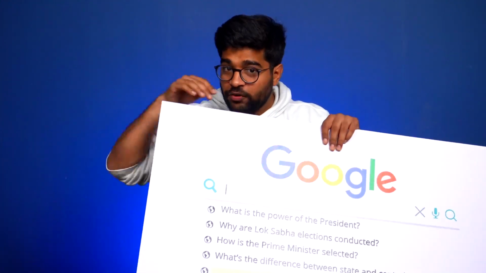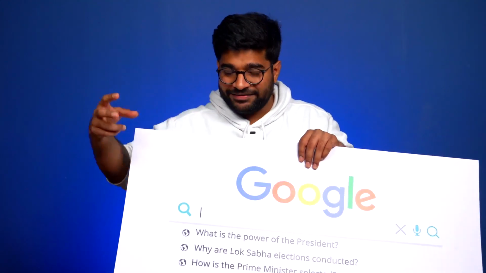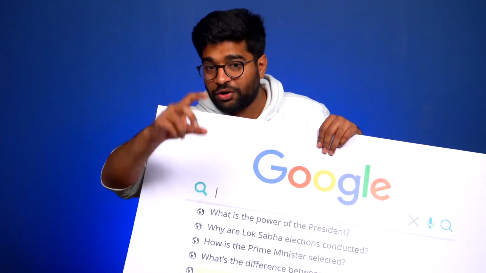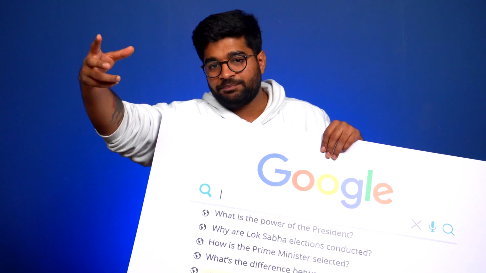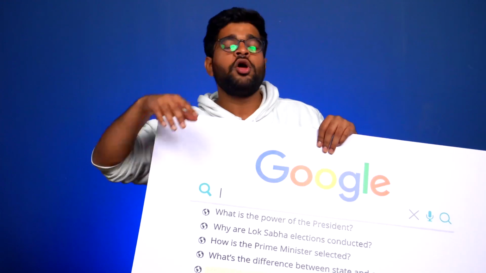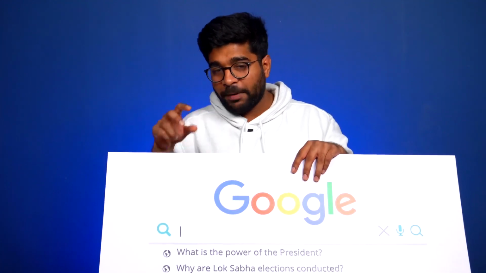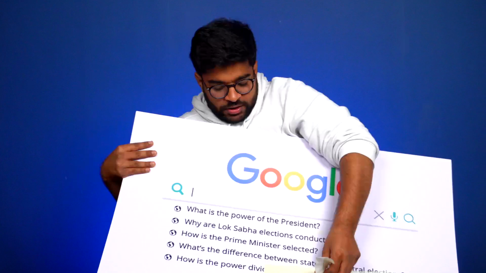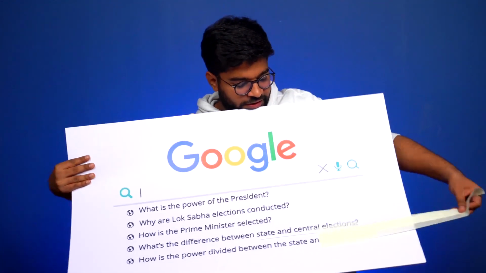When you vote for the Lok Sabha elections, the person that gets elected becomes the member of parliament, and that member of parliament is representing you at the central level. You guys get it? Yes? No? Okay. Similar to how the Prime Minister is selected, the head of the majority party that wins at the state legislative assembly becomes the chief minister of your state. Okay? Last question we have here is,